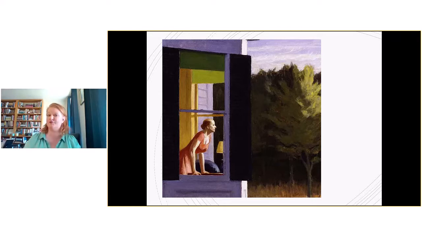She's not out in the street. She's not even in her garden or her front yard. She is still in her home on the other side of the window. Now the window is open so she can start to see what this new life is, but she isn't there yet. She's not joining in at this point, and that's important.